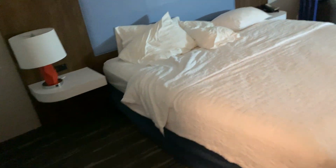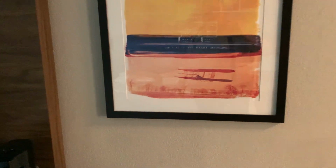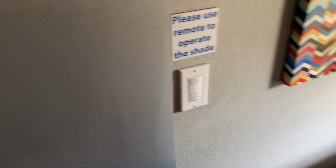Alright. Standard stuff. I was on the bed already. It was pretty comfortable. Decently sized TV. Nice. I'm assuming, is there a fridge behind here? Yep, fridge, microwave, coffee, nice little desk, and then two back-to-back hotels that have